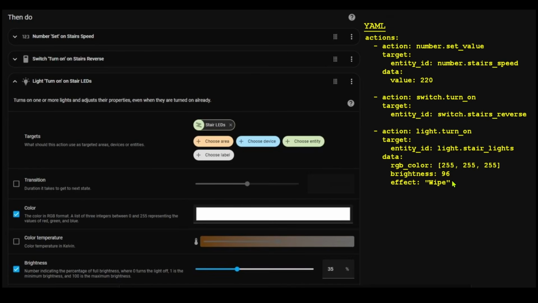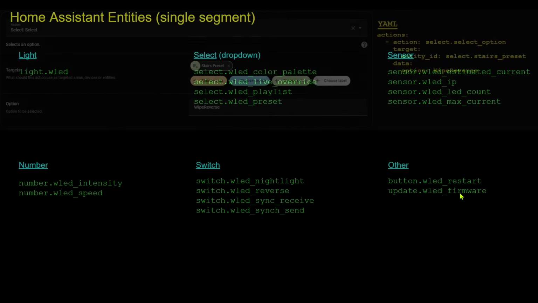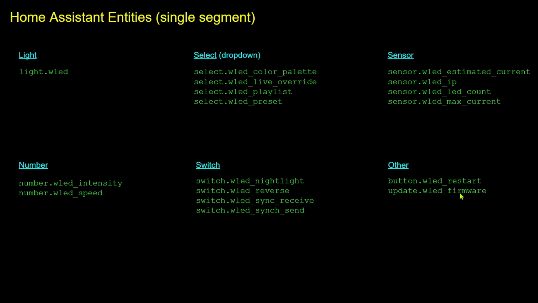Note that instead of specifying speed, direction, color, and brightness independently, I could create a preset with all those settings and simply set the value of the preset select entity to the appropriate preset name. This is probably the better way, but when I created my stair lights a number of years ago, presets from WLED were not available in Home Assistant. Regardless, these entities give you a lot of control over the LEDs, but where it gets really interesting is when